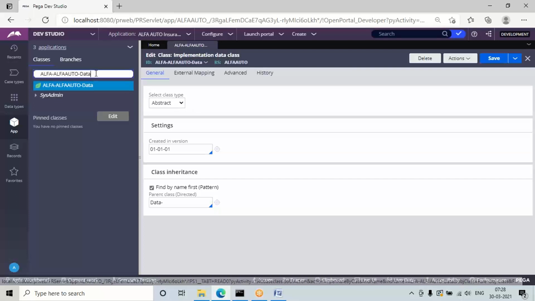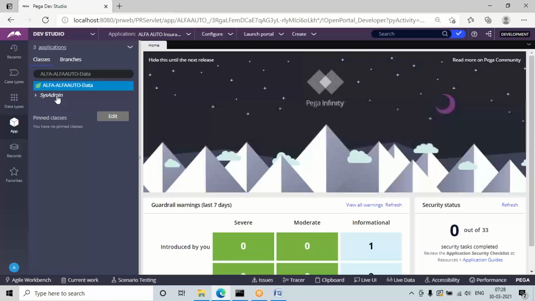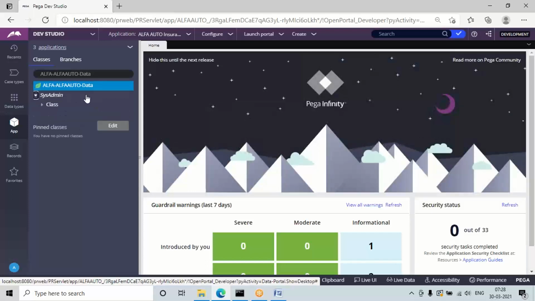There is another way to check. Apart from right clicking on the class and clicking on definition, under the class you will get the sysadmin category. Why sysadmin? Because a class is a sysadmin rule. Expand that, expand the class option, and you can see your class name.